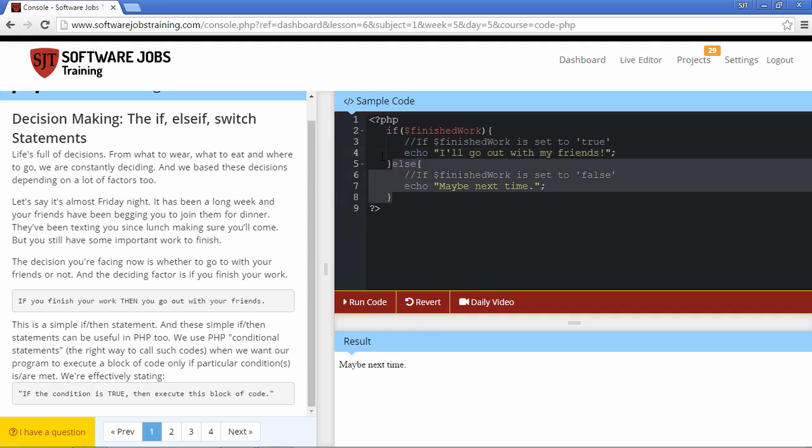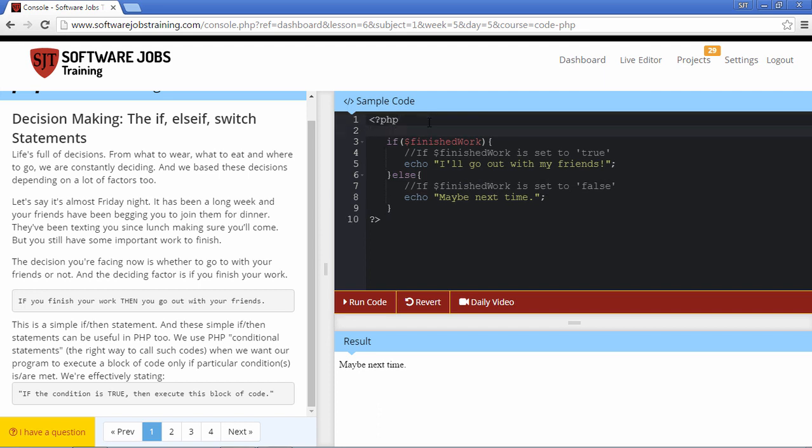This is again decision making: only if the work is finished can it go out with friends, otherwise it will just say maybe next time. To make it work we'll have to set $finishedWork equal to true,